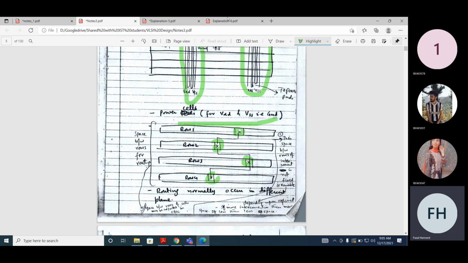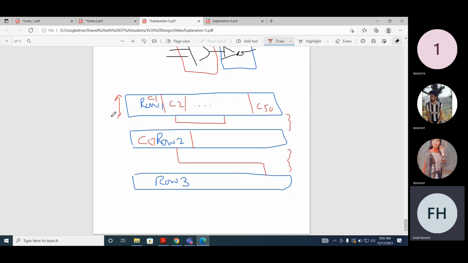This is space S1, and this is space S2. In this case, is S2 high or S1 high? The space S2 is greater than S1. So you can vary the space. Maybe more connections are required between row 2 and row 3. So if the connections are more complex, you can increase the space.